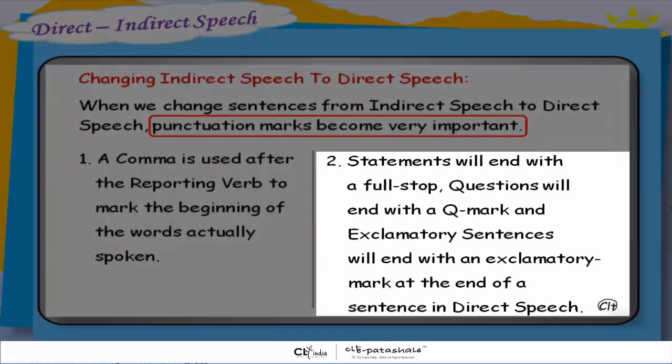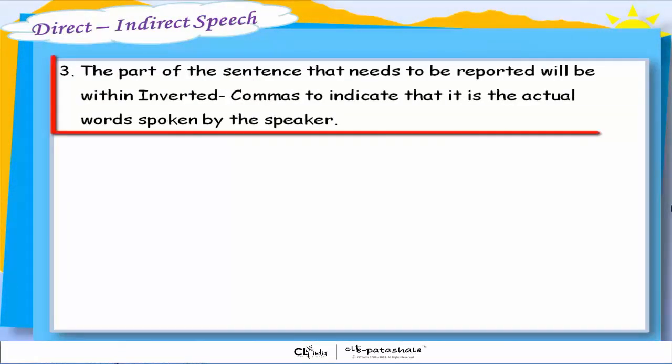Statements will end with a full stop. Questions will end with a question mark, and exclamatory sentences will end with an exclamatory mark at the end of a sentence in direct speech. The part of the sentence that needs to be reported will be within inverted commas to indicate that it is the actual words spoken by the speaker.